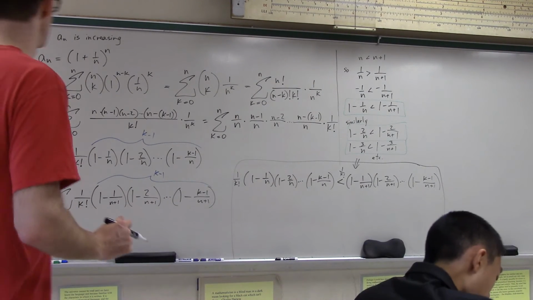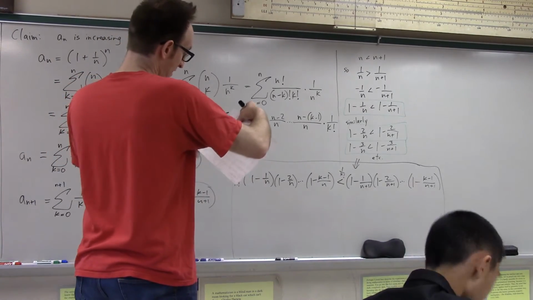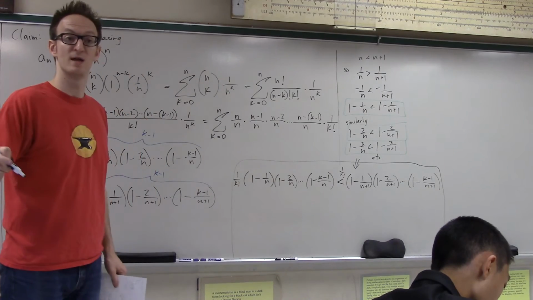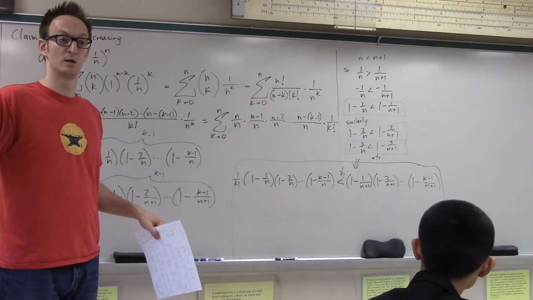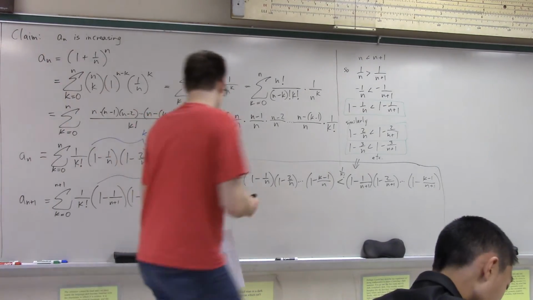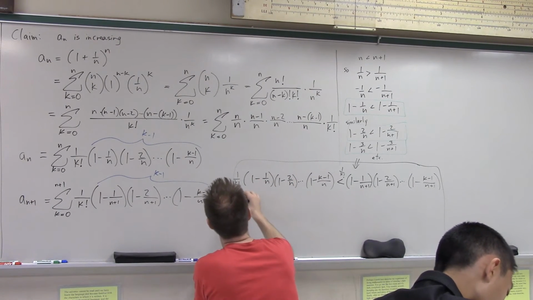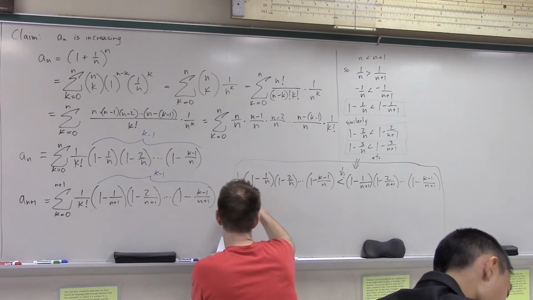Okay, and now what I can do is just sum them up, right? If that's true for the kth term, then it must be true for each of the sums, right? And therefore what I get is the sum from k equals 0 to n